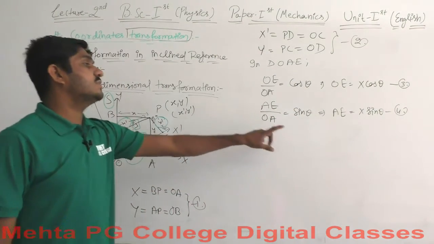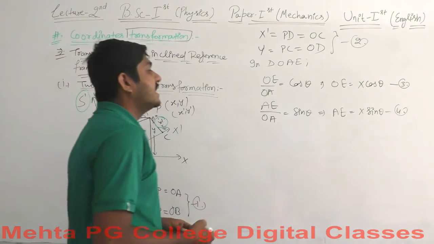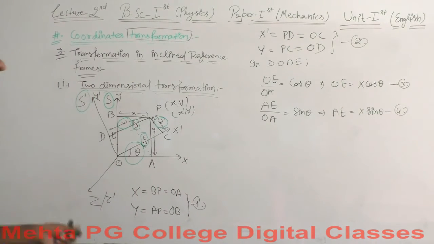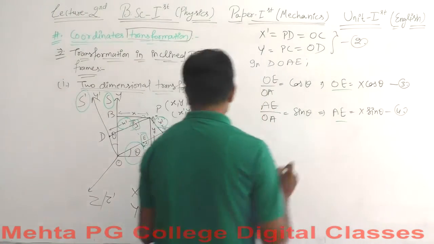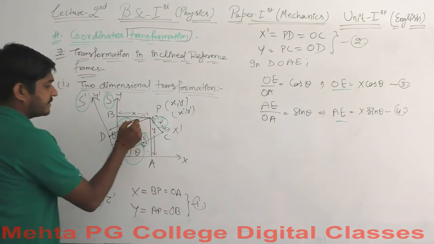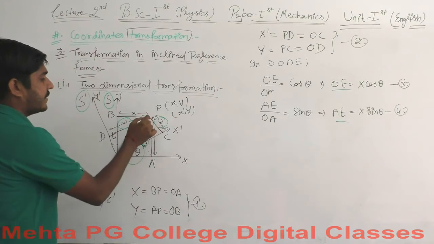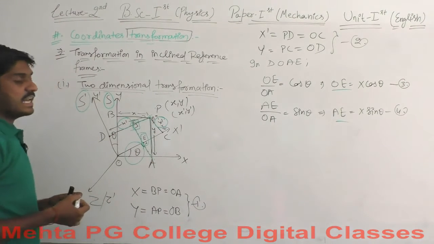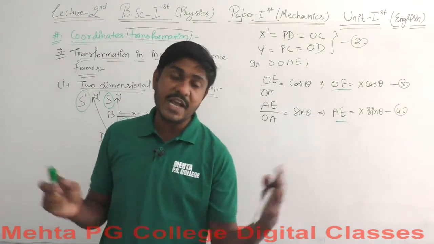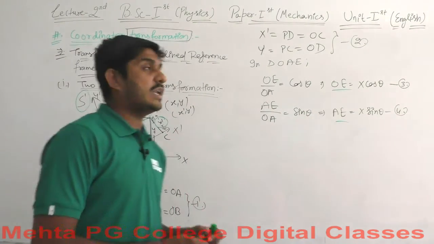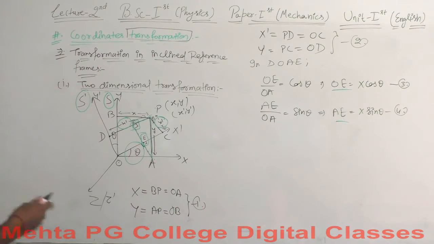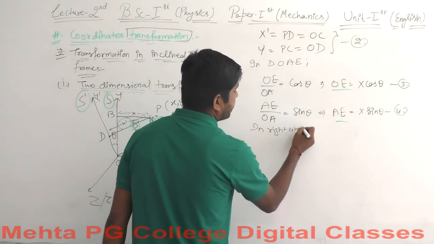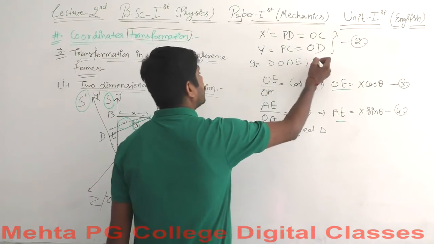We are going to use these values, the values for OE and the values for AE. Keep it in mind. Again we have the right angle triangle FAP. Well, we have found this value. So the triangle F, A and P, we are going to use this triangle, the triangle FAP, and angle F is the right angle within this triangle. So let's find out what we have for this triangle. In the right angle triangle, this is also a right angle.